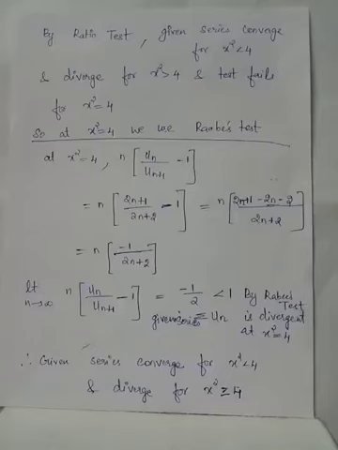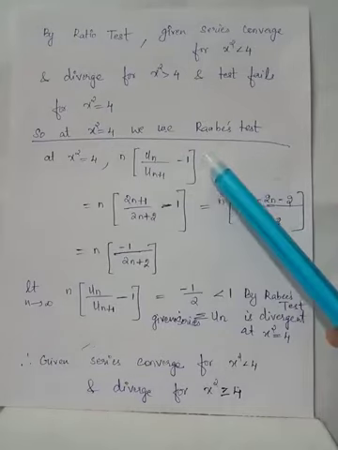Similarly, when k is less than 1, the given series is divergent. Here k equals 4 by x square, that is when 4 by x square is less than 1, the given series is divergent. Or we have x square greater than 4, for which the given series is divergent. The test fails for k equals 1, that is when 4 by x square equals 1, that is when x square equals 4, the test is a failure. So at x square equals 4, when we apply Raabe's test, we have n into un by un plus 1 minus 1 to be evaluated first.